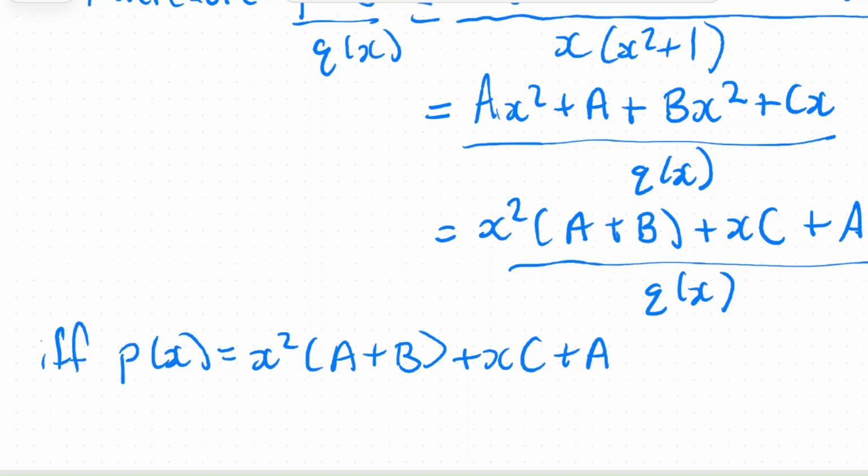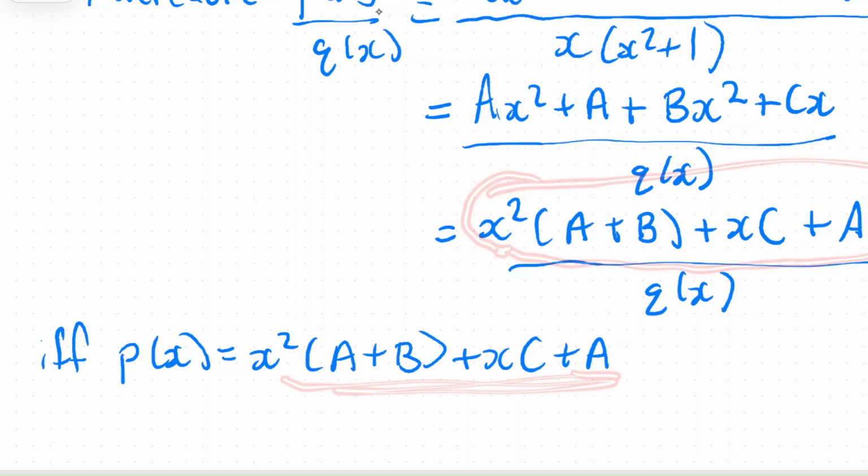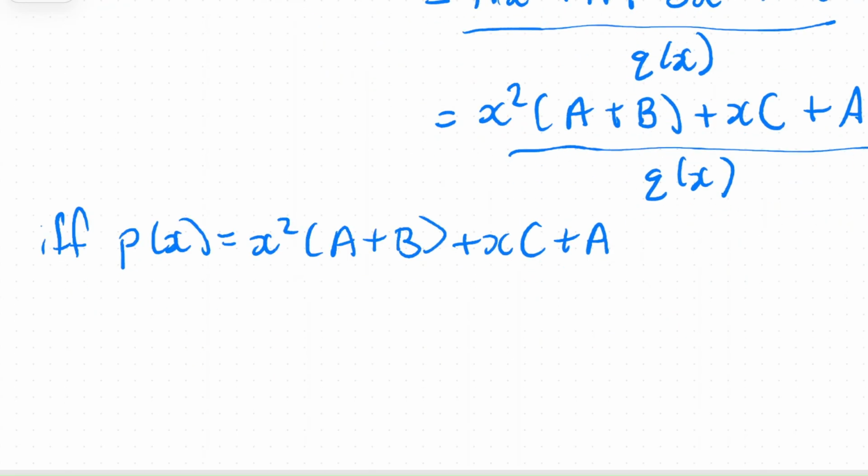So we're basically saying this is possible if and only if p of x is equal to that, which it indeed is. p of x is equal to this, and q of x is still equal to q of x. But that's just a condition that we wanted to write down. And so now, if and only if p of x is equal to that,